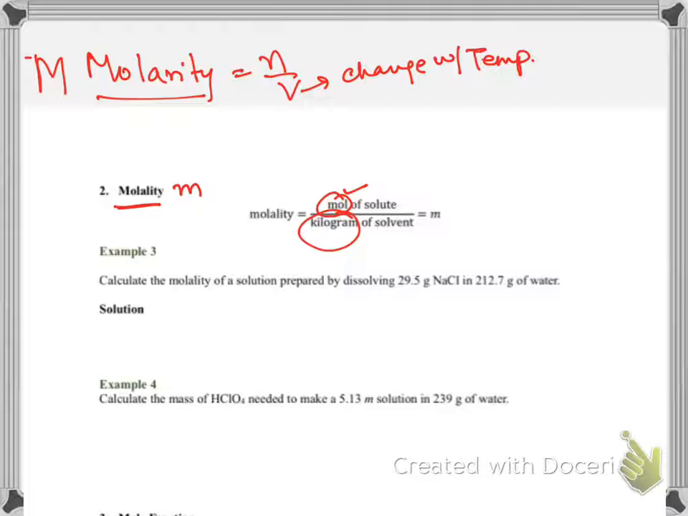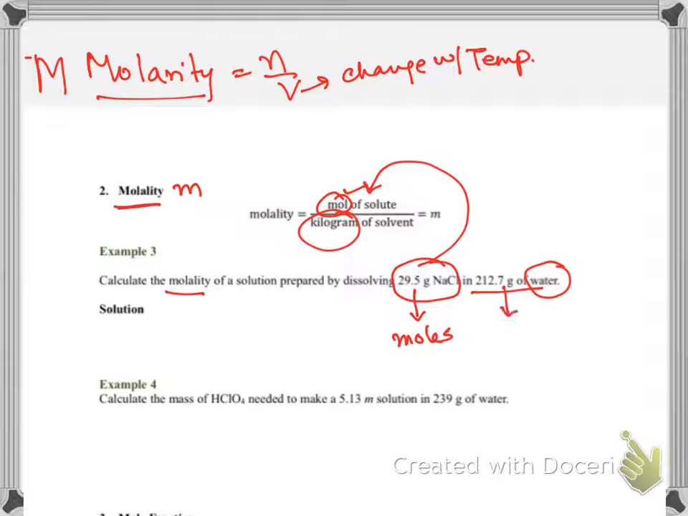So look at this question. Calculate the molality of a solution prepared by dissolving 29.5 grams of salt in 212.7 grams of solvent. So water is the solvent. All I have to do is convert this solute that's given in grams to moles, and that will go here by using the molar mass of NaCl. And this is a solvent, but we are dividing with the kilogram, so I have to convert this into kilograms by dividing it with 1000, which is going to be